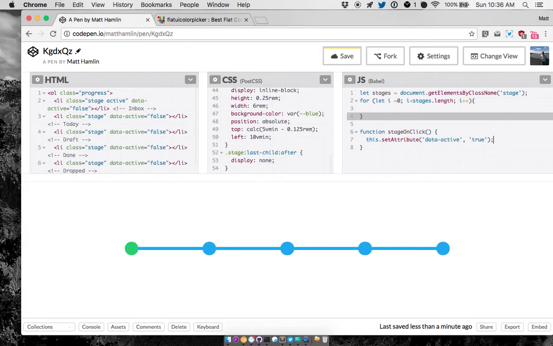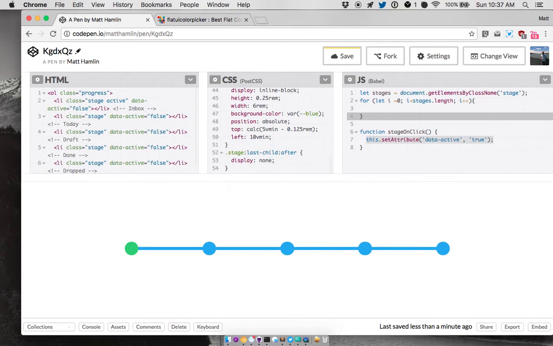And then actually what we can do is wrap this. Do that data-active equals not this.getAttribute. I don't know if that will work. Data-active. Okay, and then